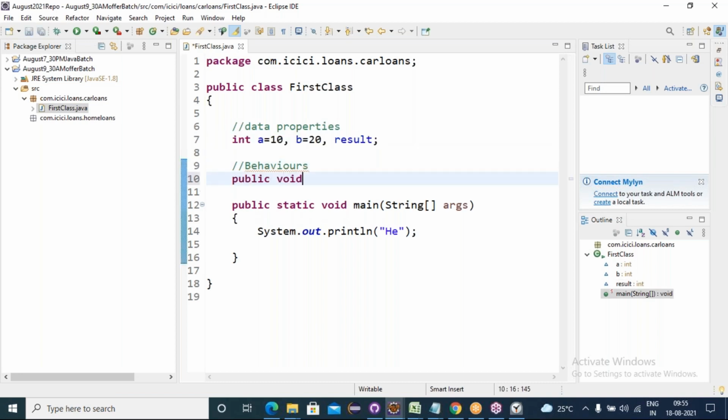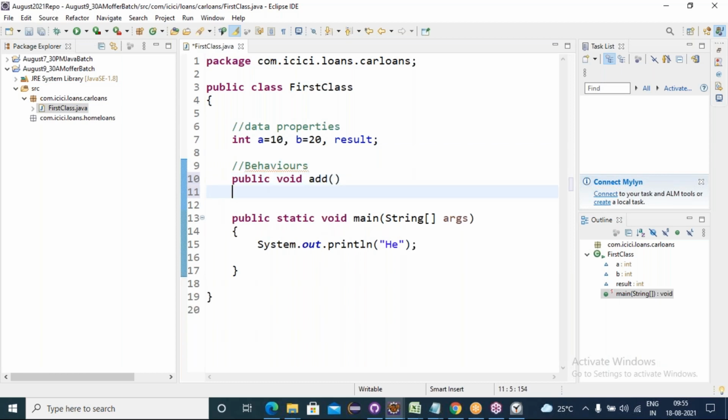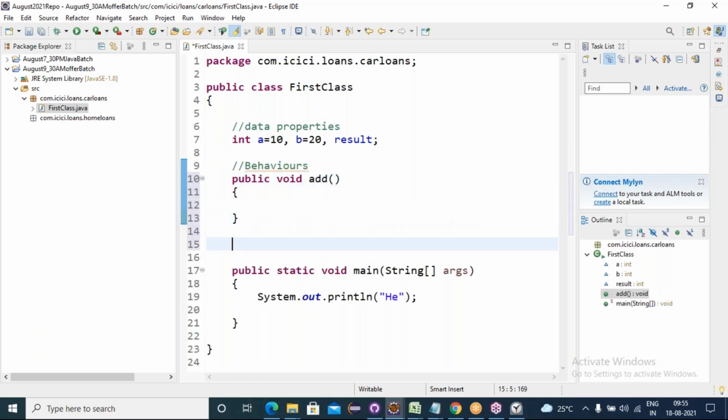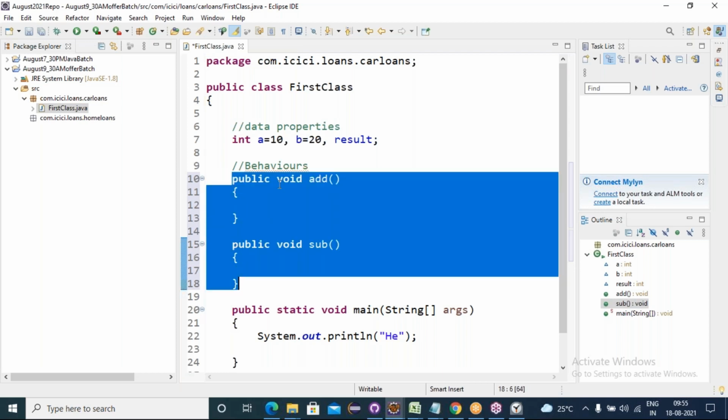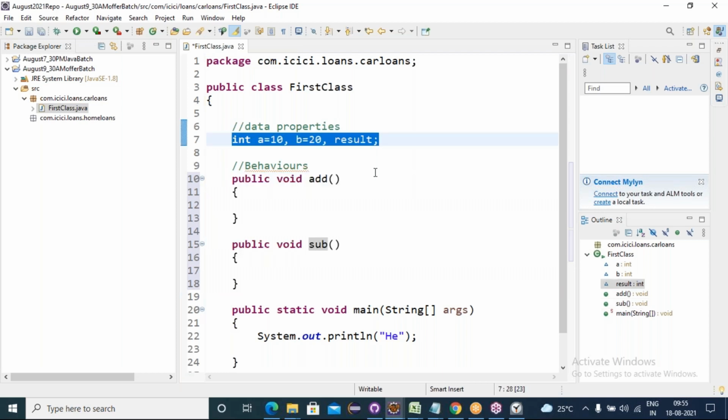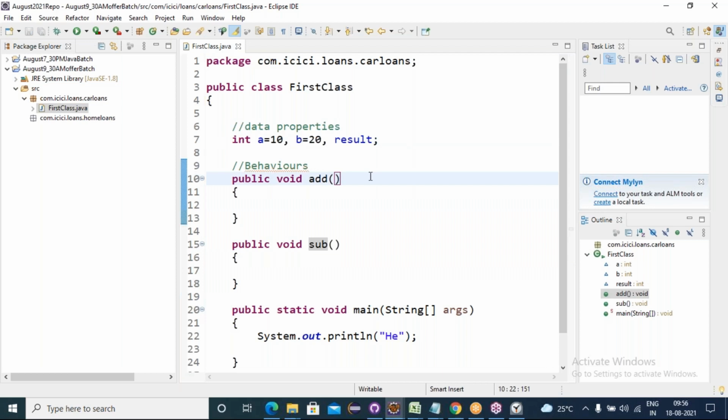One is the public void add method. Another behavior is the public void sub method. Like these 2 behaviors and 3 data properties I have planned inside the class.